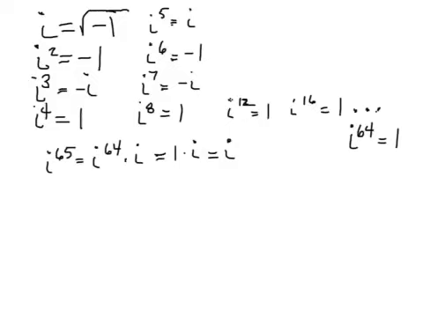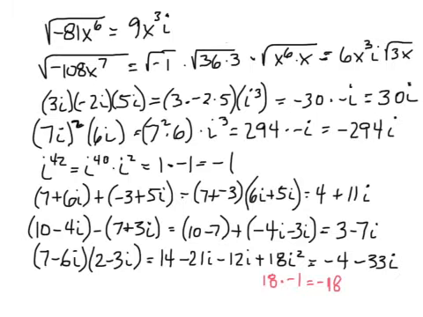And if I keep going in that pattern, every 4 times I'm going to get 1. So i to the 12th is 1, i to the 16th is 1, all the way up to and past i to the 64th is equal to 1. So if I'm doing i to the 65th, then that will be i to the 64th times i, which is 1 times i, or i. Now let's practice a little more with that imaginary